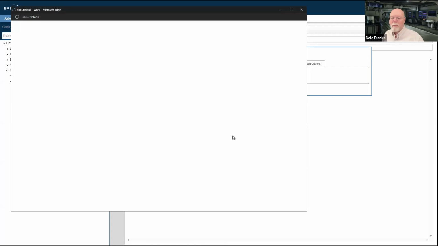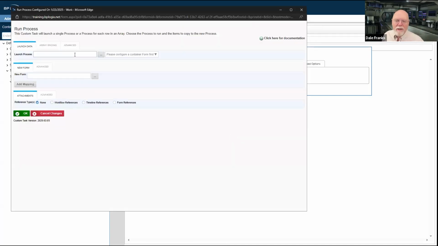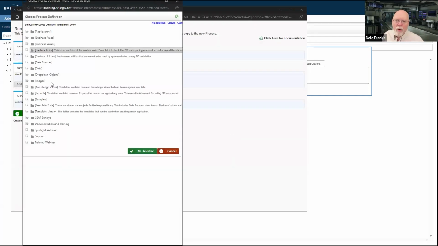So what the run process activity does is it just invokes the other process without pausing. Basically what happens, and we're going to have to wait for this form to compile before it'll display it for us, is when you run something asynchronously, it just kicks off this activity, which, as we said, is just a custom task activity.